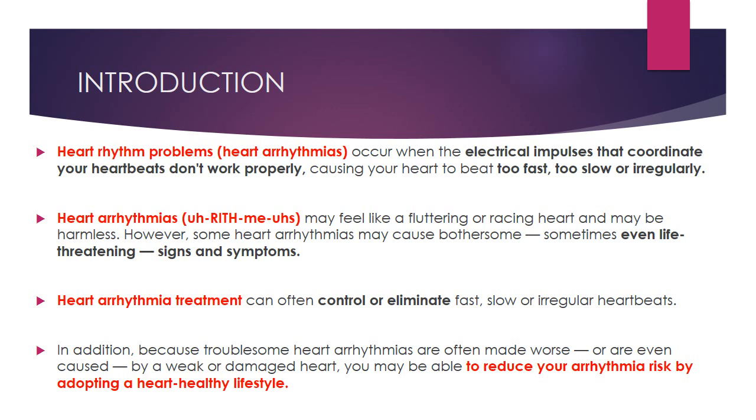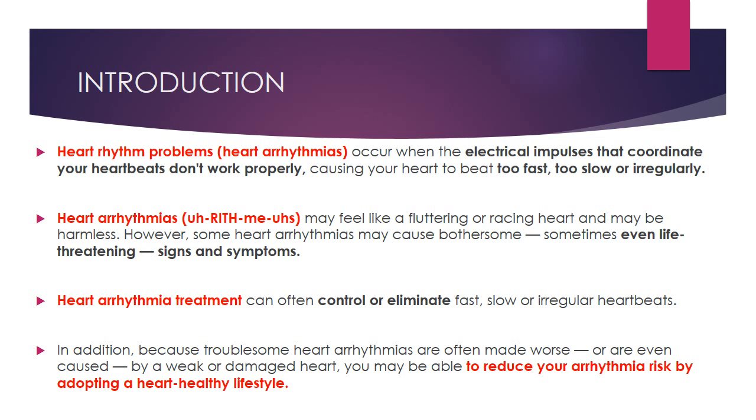So, in short, heart rhythm problems, also called arrhythmias, heart arrhythmias or cardiac arrhythmias, occur when the electrical impulses do not coordinate with each other. The atrium is working on its own, the ventricles are working on their own, and there is no sync between them. Maybe one is contracting a bit slower, the other a bit faster, and sometimes the impulses are traveling slowly, and in other cases faster. All this is caused by some kind of discrepancy in the conduction system of the heart, that is, in how the impulses are traveling.